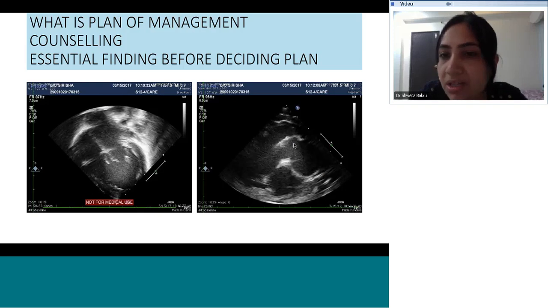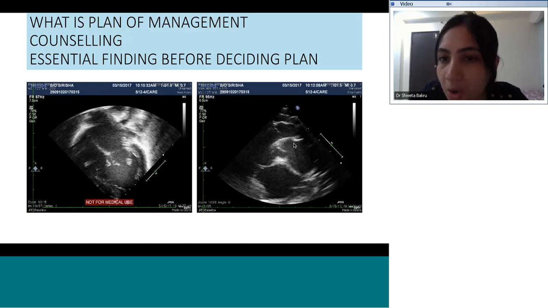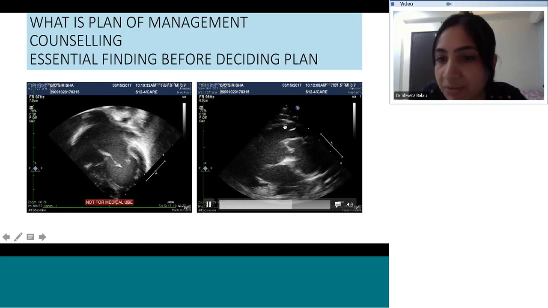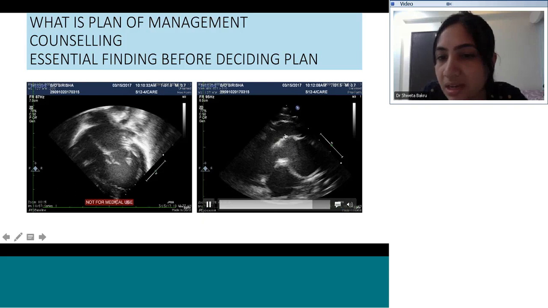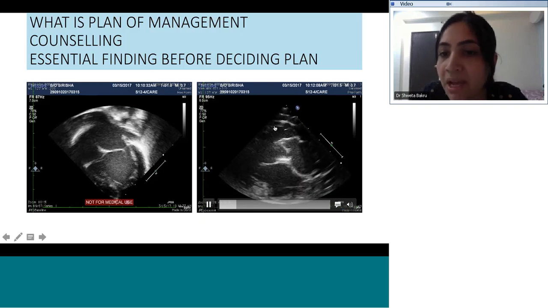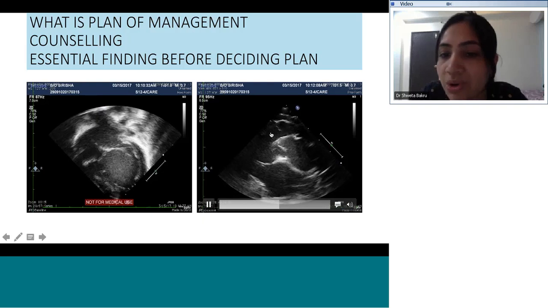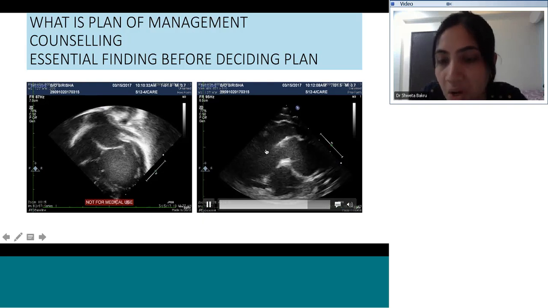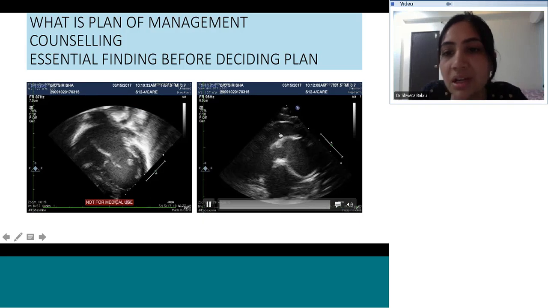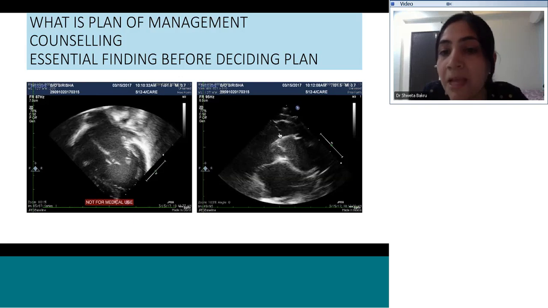So if there is a restriction of the bulboventricular foramen and the aorta is coming from the bulboventricular foramen, like in the second view, where the aorta is arising anteriorly, the PA is arising posteriorly, and the aorta is coming from the rudimentary chamber. If this communication is small, then this patient can have a subaortic obstruction after you do PA banding.